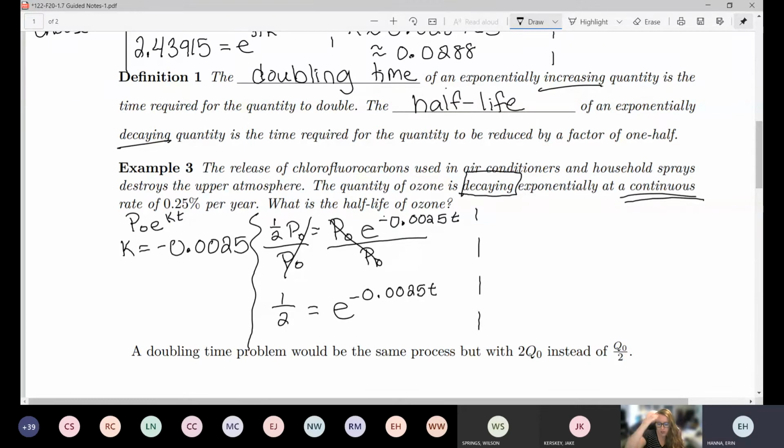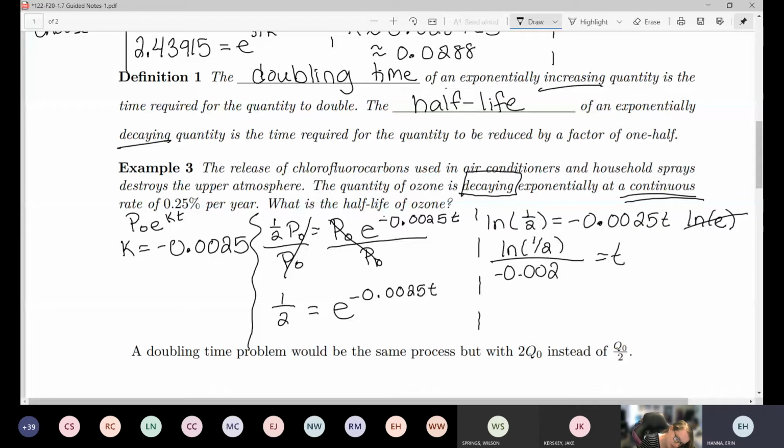Once you've isolated the exponential, that's when we bring out our natural logs. I'm going to bring the power out at the same time. Natural log of e is 1. To solve for t, divide both sides by the negative 0.0025. Punch that into our calculator. You're going to get that t is approximately 277.259